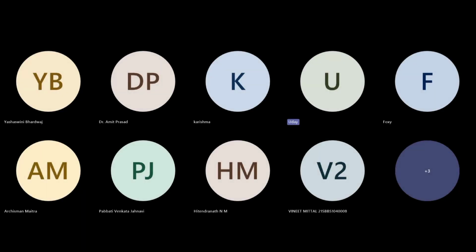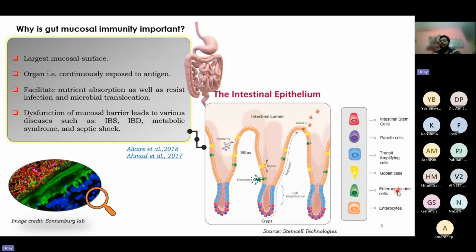Important because most of the intestinal hormones are secreted from the enteroendocrine cell. And also there are some neurohormones, like serotonin, also secreted from the enteroendocrine cell. And last but not least is the enterocyte, which actually helps in nutrient absorption. So a recent study already showed that the microbiota has some role in the intestinal